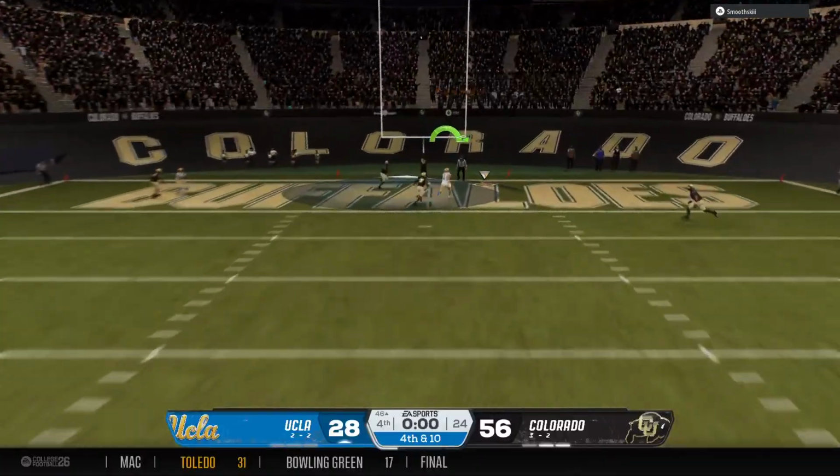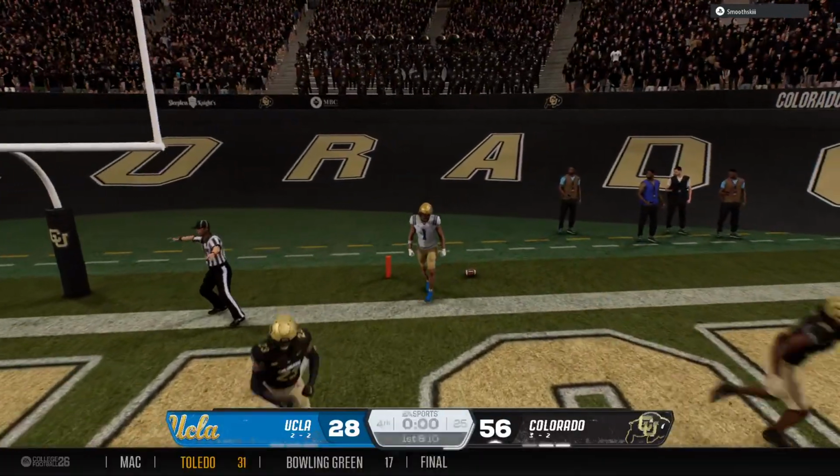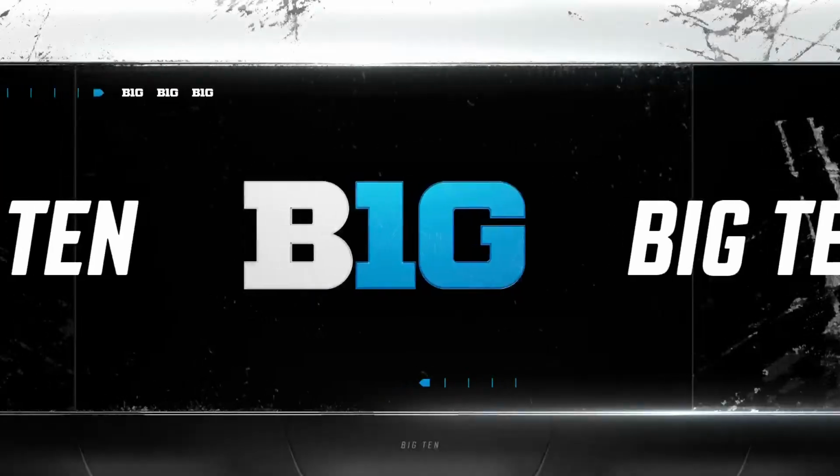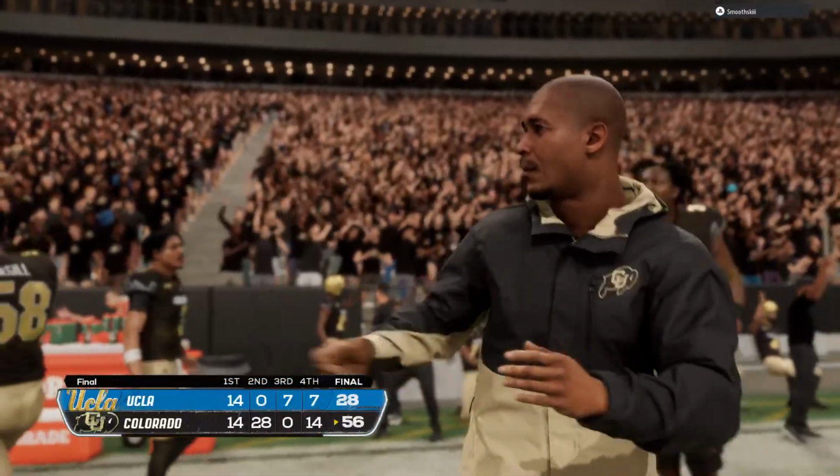Fires deep toward the end zone. And the pass will be incomplete, looking for a little window dressing at the end, but the ball game is over. Plenty of fireworks in this one. A lot of points. They always talk